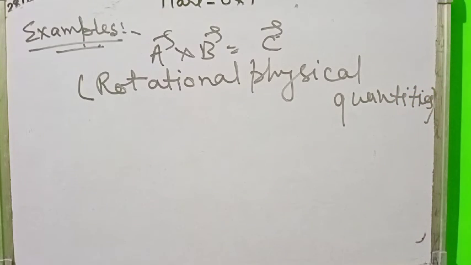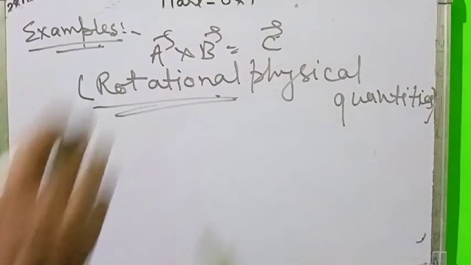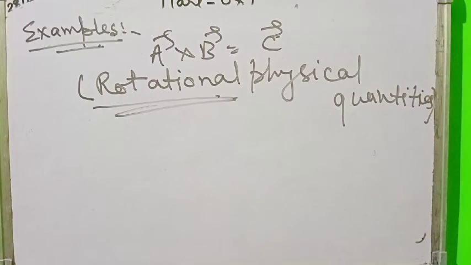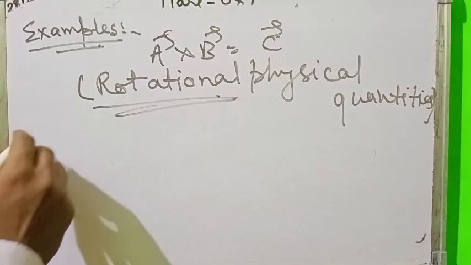The maximum application can be observed in rotational physics, rotational dynamics, where the cross product of two vectors is a vector, like torque, angular momentum, velocity, and force on a moving charge in a magnetic field. So first of all, torque,